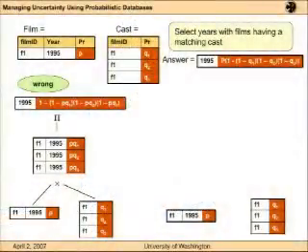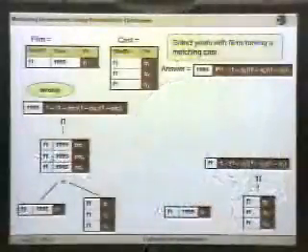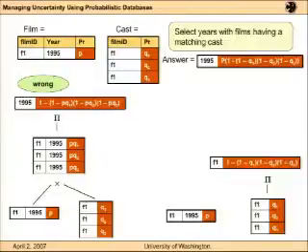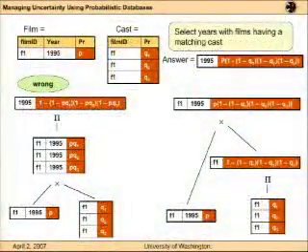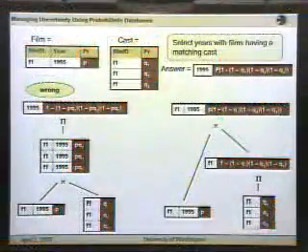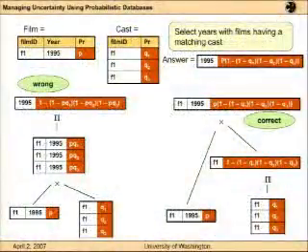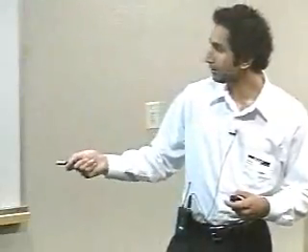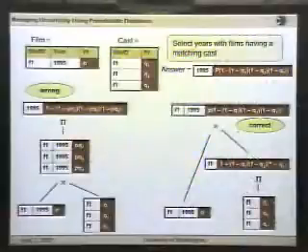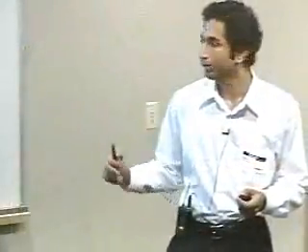But let's not lose hope. Let's try a different plan. You start with the two tables. You first do a projection to just compute the film ID in the cast table. And then you join it with the other table. And then you get the same answer, but this time with the right probability. So this shows that two different plans can give you different answers. Sometimes they can be right, sometimes they can be wrong. Here you can prove that this plan on the right always gives you the right probabilities no matter what the input database is. And we call such a plan a safe plan. So the question is, given any query, how do you check whether it has a safe plan?